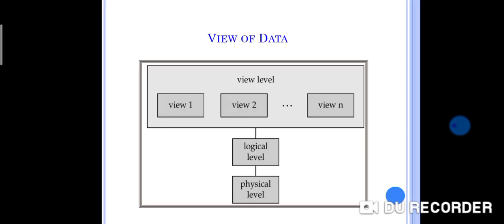Then the view level. At the view level, the user just interacts with the system with the help of a graphical user interface and enters the details on the screen. They are not aware of how the data is stored and what data is stored. Such details are hidden from the database developers also. So we have different levels of views using different abstractions. The logical level and physical level help the programmer to develop the database systems also.